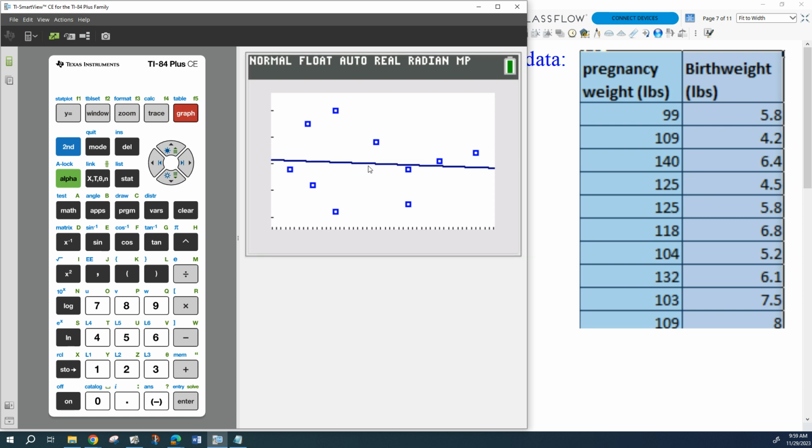If I want to evaluate that at a specific point, all I have to do is the trace shortcut. What if I want to evaluate that? I want to make a prediction for like 120. That's a number that's not on my list. And even if it were, I want to see what the model outputs. So if I just go trace 120,